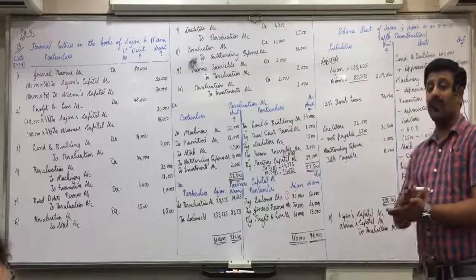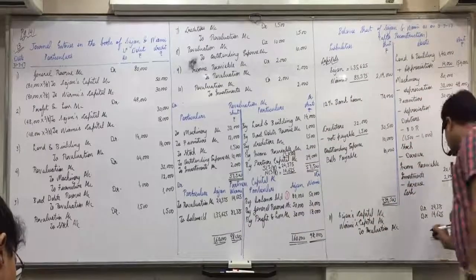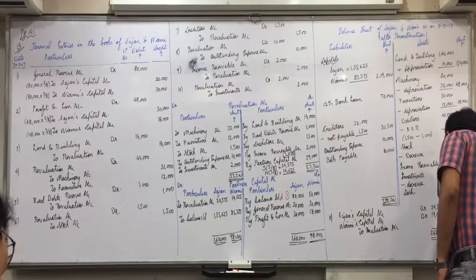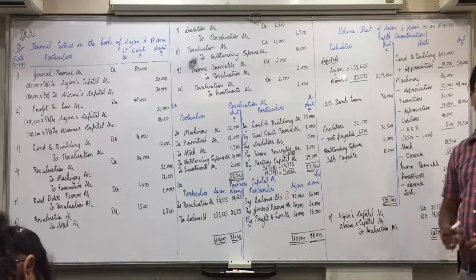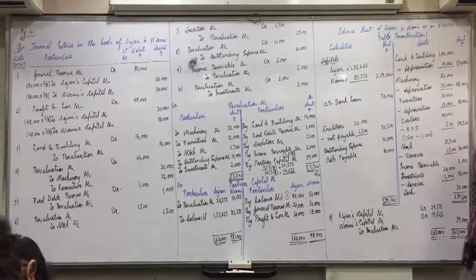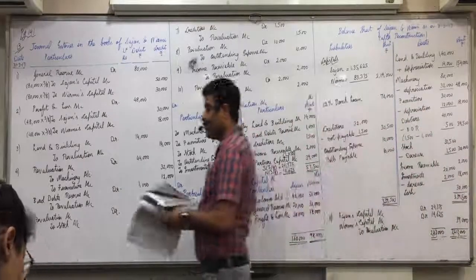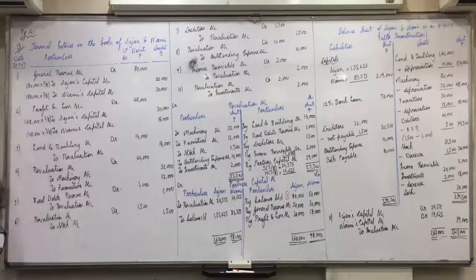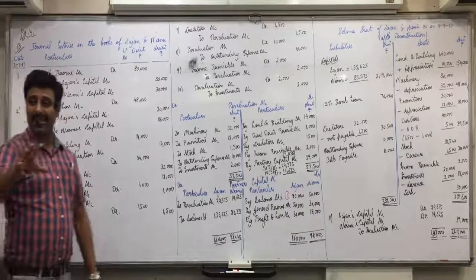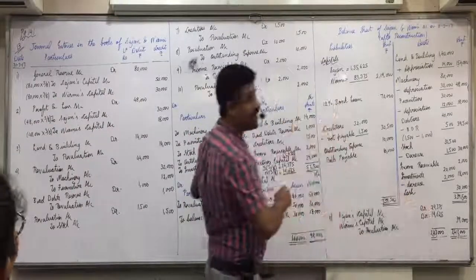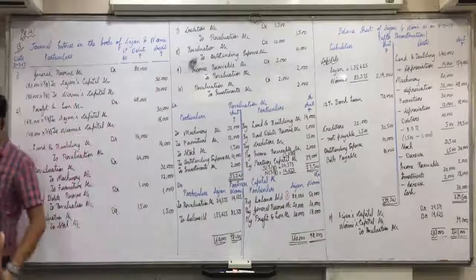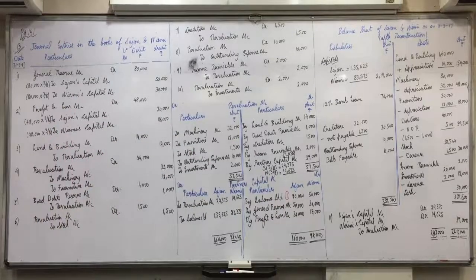Has anyone done the total of the journal? Yes, 2,43,000. So this is how you solve the long question. What is the first step? Capital balance. Second step, reserves and fictitious assets distribution. Third step, revaluation adjustment. Fourth step, unticked items. Fifth step, balancing. And sixth is the last entry.